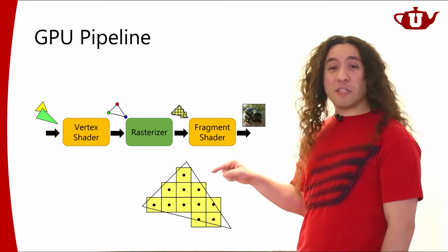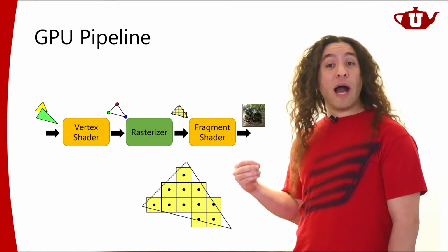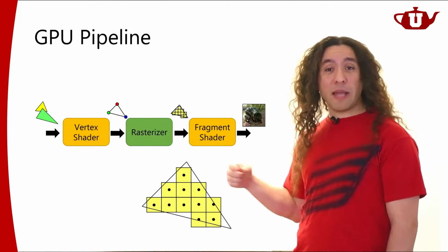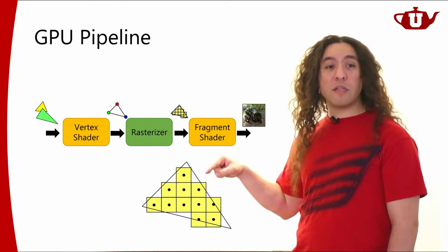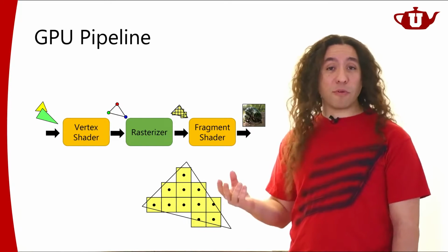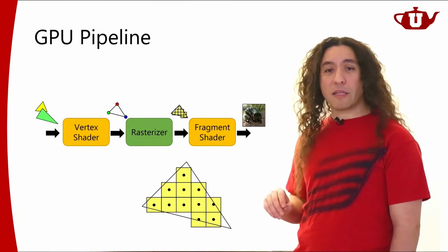So I would like to know, for a lot of the interpolated values, how much those values change on the screen as I move from one pixel to the neighboring pixel. I would like to know that for a lot of operations. Texture mapping is one of them. There are other examples that I don't want to get into.